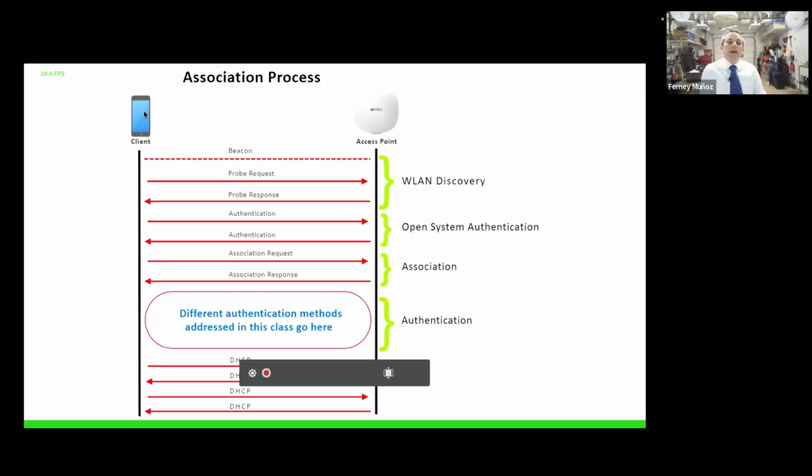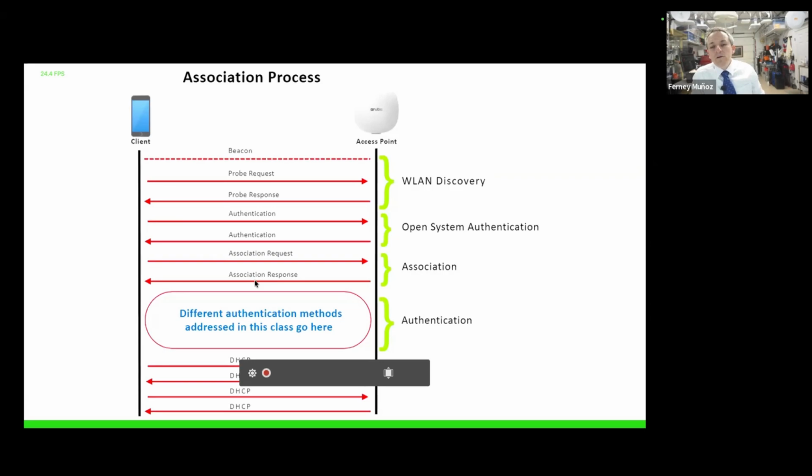All right. Now that the client is associated and has an association identifier, the client is connected to the AP. Association is to wireless what the link light is to the wire. You have a wire, you plug one end into a switch, and the other end into a computer, and when you get blinky, that means layer 1 is working. You're connected. Oh, but I'm not getting an IP address. Then you have an IP address problem, but layer 1, if you get a link light, it's working. If you get an association identifier,